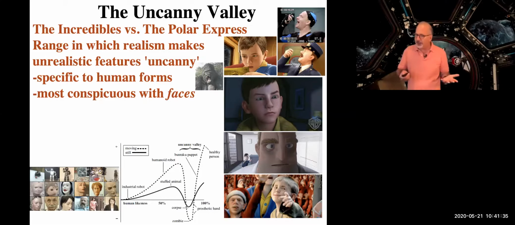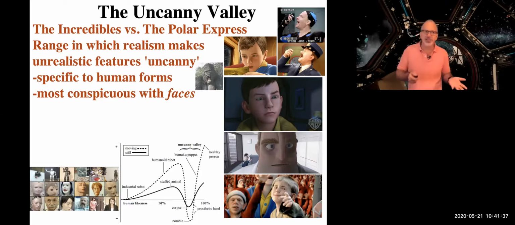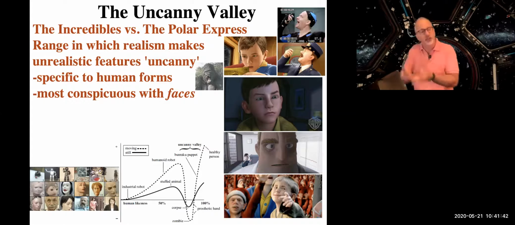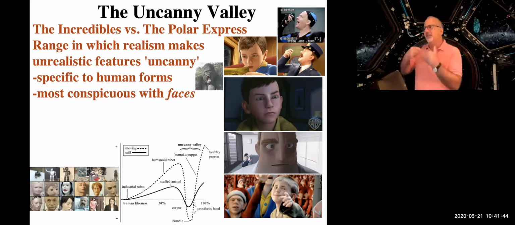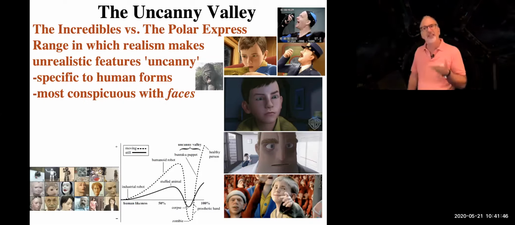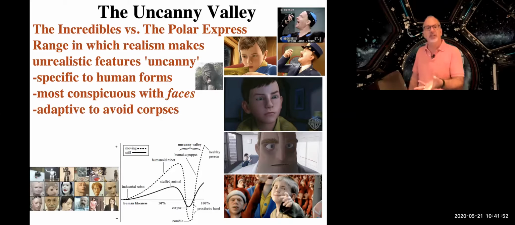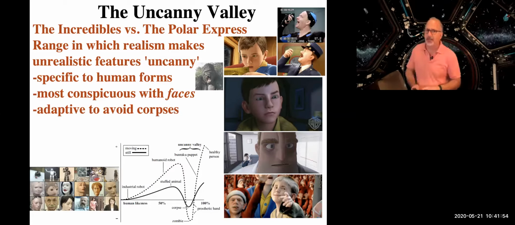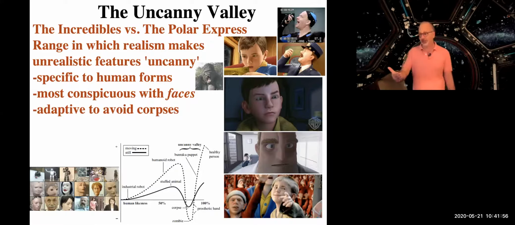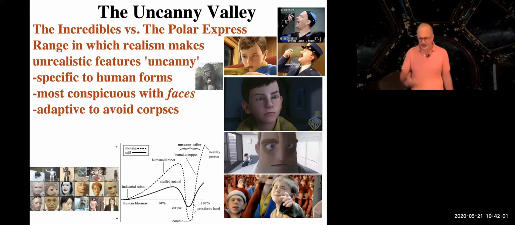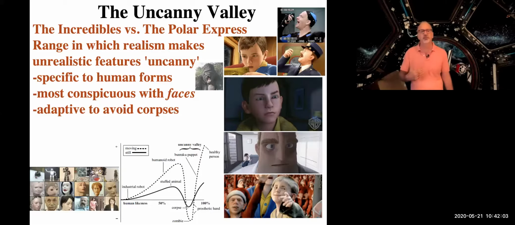One theory is that when we see something that should be human but doesn't seem alive in a human way, it repulses us. And that repulsion might be connected to the repulsion we probably evolved to stay away from corpses. In other words, it's adaptive for us to stay away from dead bodies. It really is. And we do find corpses repulsive and icky and creepy.